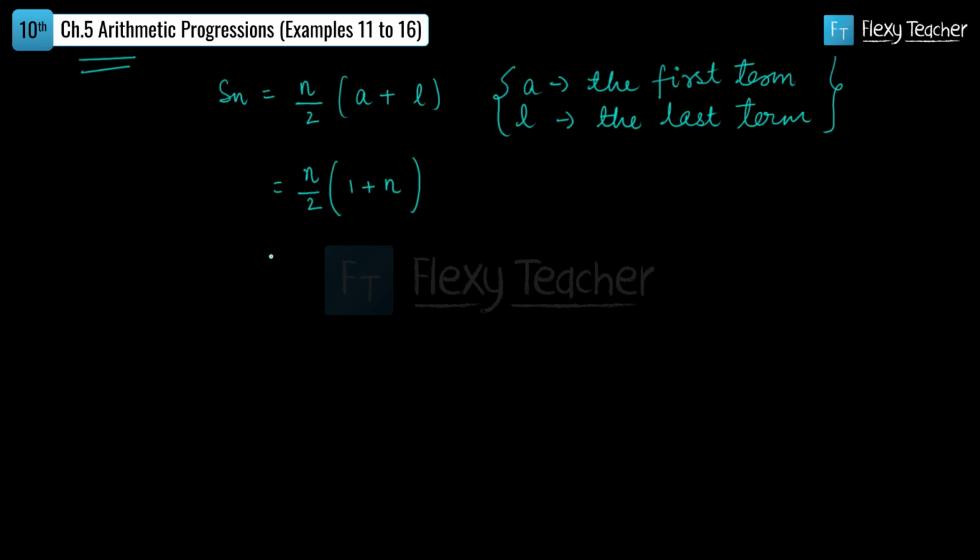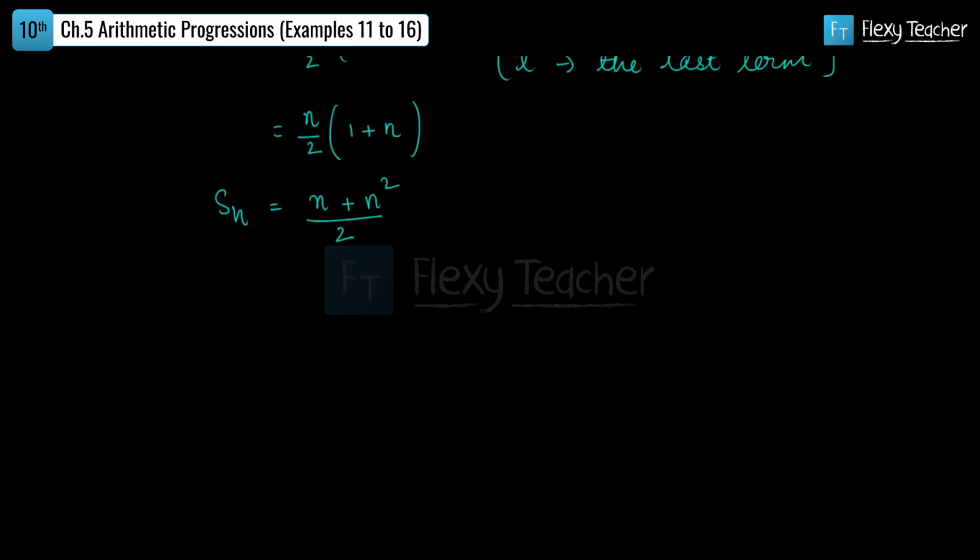Okay, so अब ये क्या बनेगा? This would be Sn is equal to n into 1 is n plus n square upon 2, और मे बी अगर हमें इसे थोड़ा और सिंप्लीफाइड फॉर्म में करना है, हम n को बाहर ही रहने देते हैं, n into 1 plus n upon 2. सो ये एक फॉर्मूला है जो हमने डिराइव किया है. The sum of the first n positive integers is n into 1 plus n or n into n plus 1 upon 2, and this is the answer.